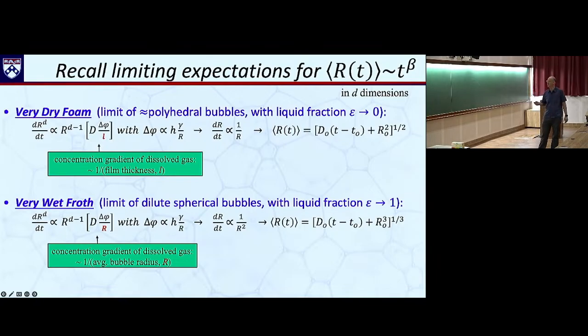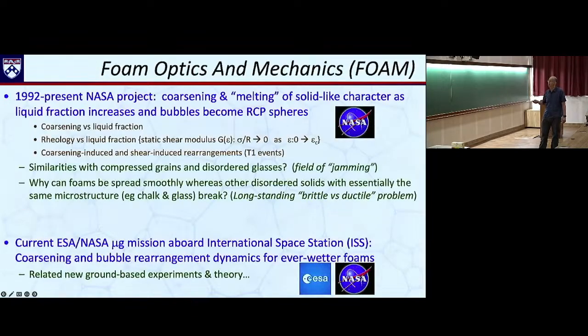Okay, so this gives you 1/3, whereas this gives you 1/2. Okay, so those are the expectations again. All right, so we said 3 sets of experiments. The third, here's a slide again, is the coarsening experiments we did with our European colleagues on the International Space